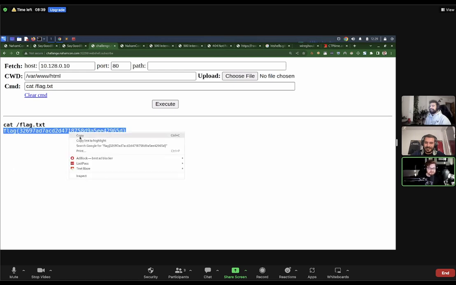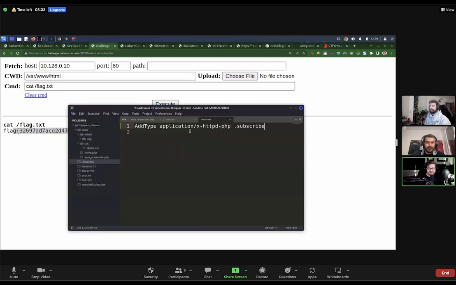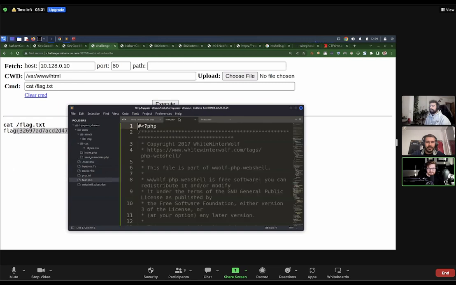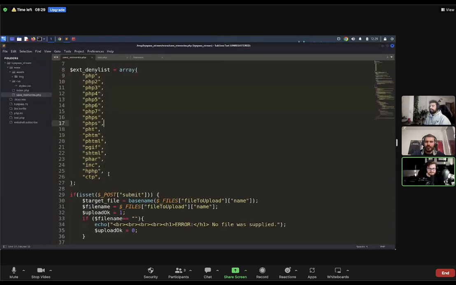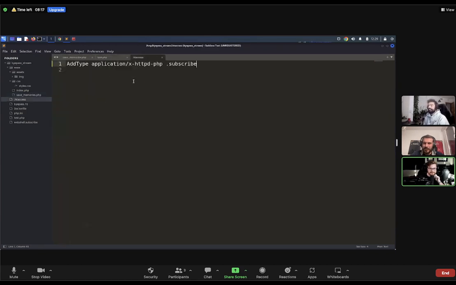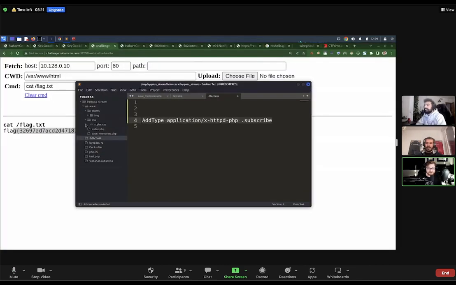That is the hiccup. But you're totally right in that, hey, that little trick, that small, just add type, wasn't something that I had seen in Hacktricks. Where I got this whole file extension list to be the deny list, I pulled directly from Hacktricks. So kudos and credit to you there. But maybe a sweet new thing, hey, we'll be able to include that little htaccess manipulation just as well. So huge thanks for letting me showcase that one. I hope that's kind of fun, and I hope it's a good new learning lesson for folks that haven't seen